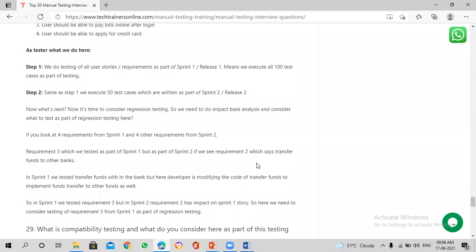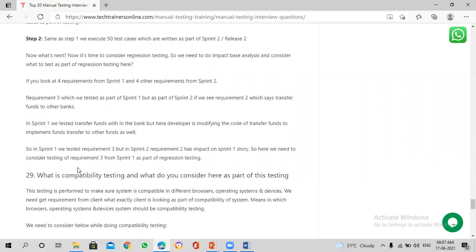If you see requirement 2, which says transfer funds to other bank. In Sprint 1, we tested the funds transfer within the bank, but here the developer is modifying the code of transfer funds to implement funds transfer to other banks as well. So there is an impact to one user story from your previous sprint.